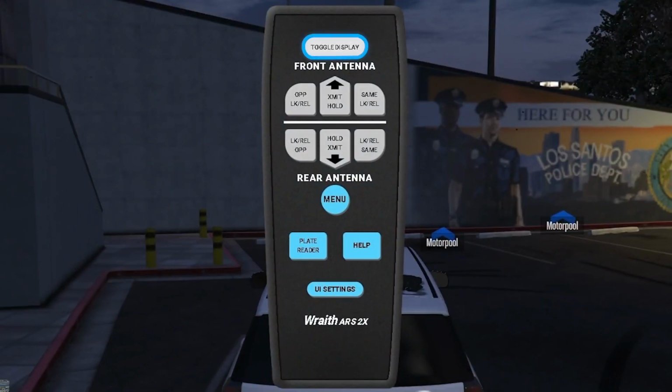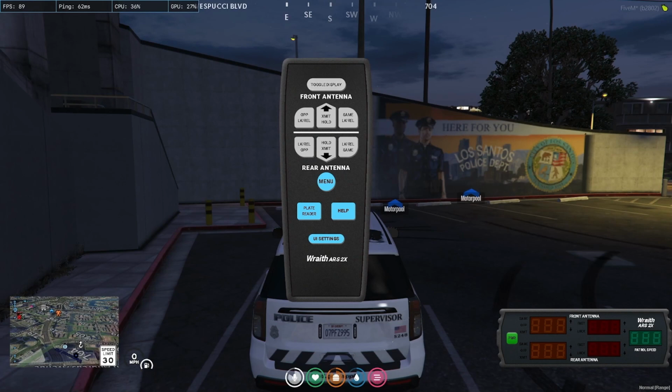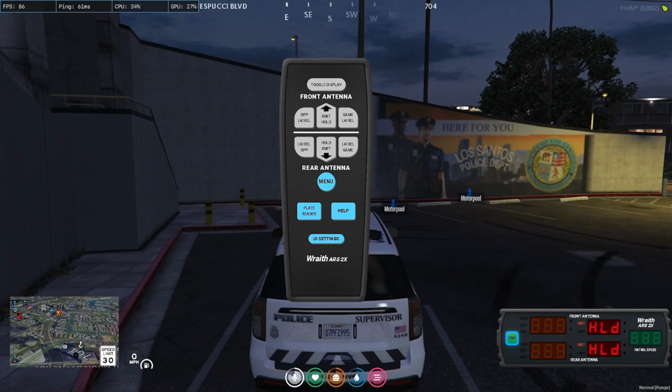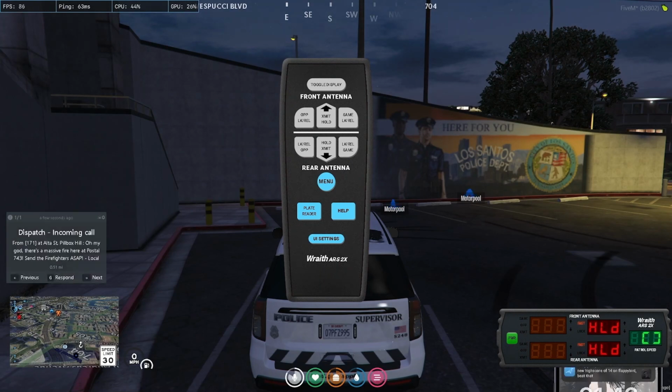First, you've got toggle display. You got your front antenna, your rear antenna, and then you've got op, XMIT, hold, same. You got your menu, plate reader, help, and any sort of UI settings. So in order to get that radar going, you're just going to hit toggle display. And then after that, there's going to be the green power button all the way down there on the radar. You just got to make sure you hit that power button, and when it pops up, it'll say hold for